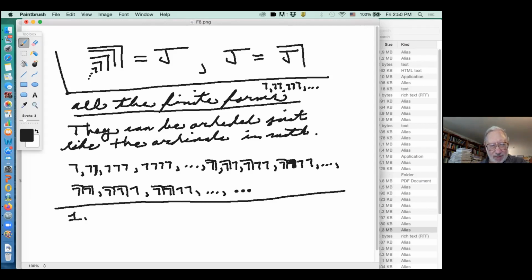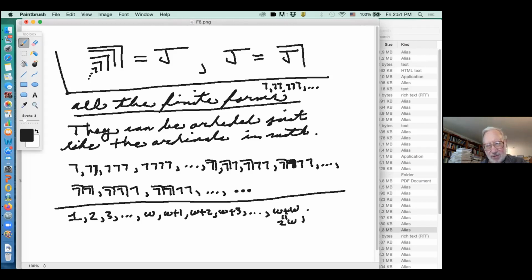Everyone should know about this. You start with 1 and 2 and 3, and you go on forever, and then you put in omega. And omega stands for a row of infinitely many of these, like I did before. And then you have omega plus 1, omega plus 2, omega plus 3. But you think of these as numbers, as Cantor did. And eventually you get to omega plus omega, which is 2 omega.